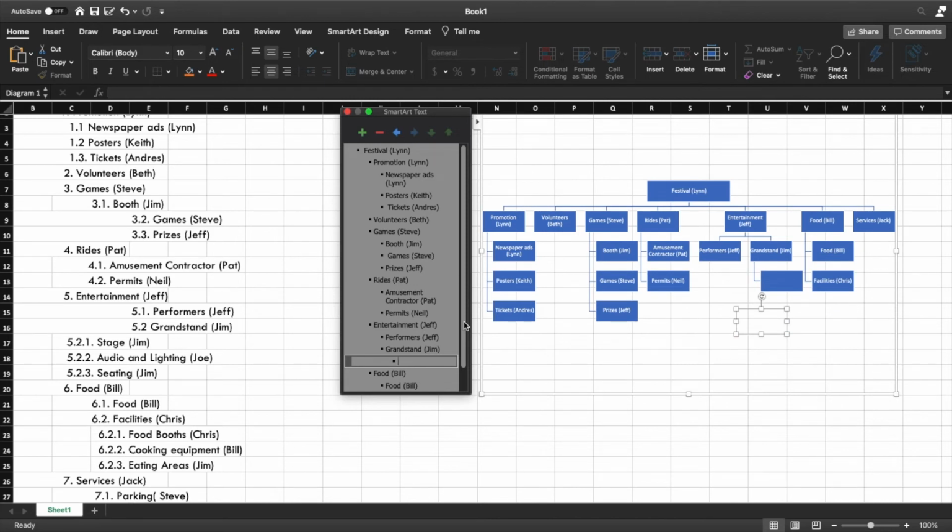We are creating the third level. As you can see, the grandstand task has been divided into the third level, which is also the activities.